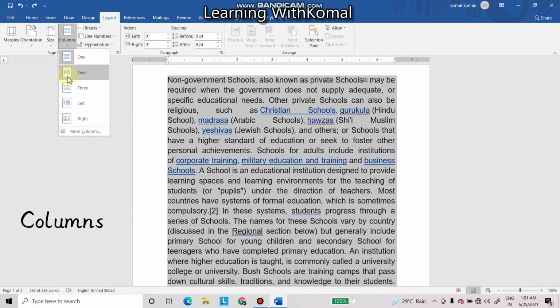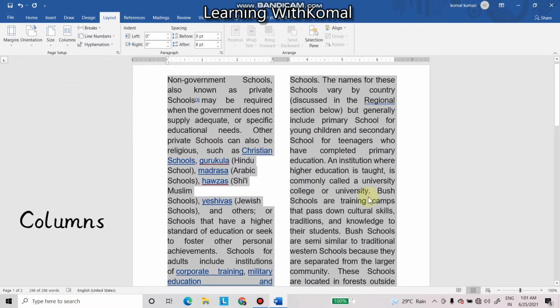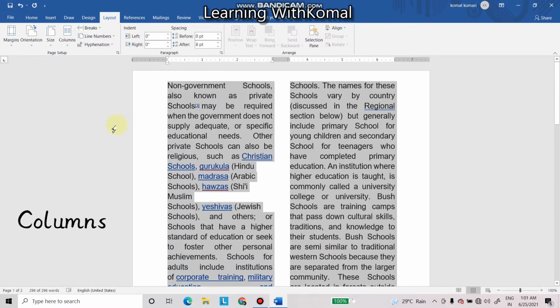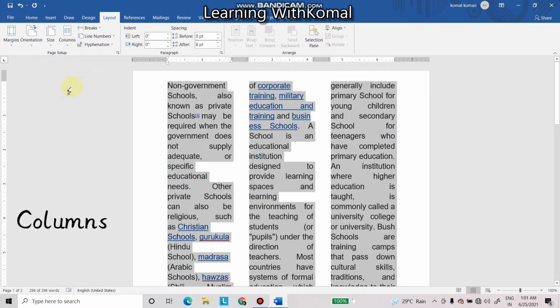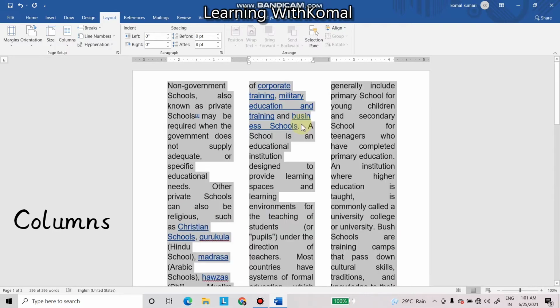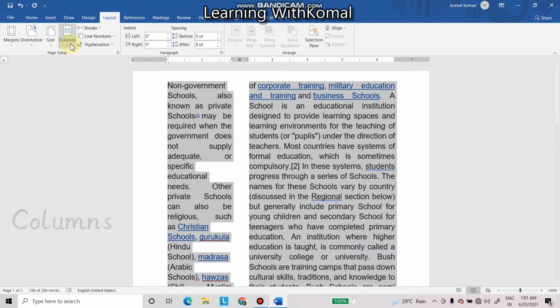So if you select 2, then you see directly it has been divided into 2 columns. Okay, or if you select 3, then what will happen, it will be divided into 3 columns. Okay, so this is how a newspaper looks like. The other options are like here left or like right.